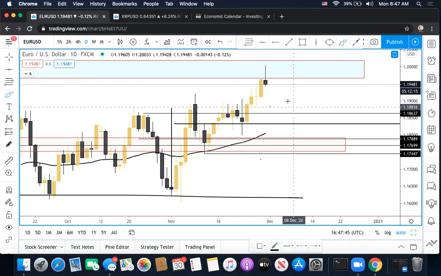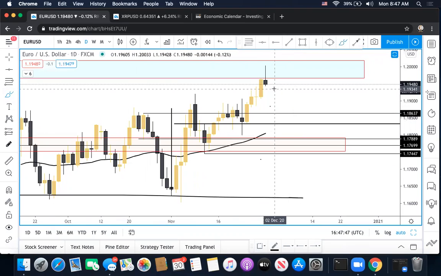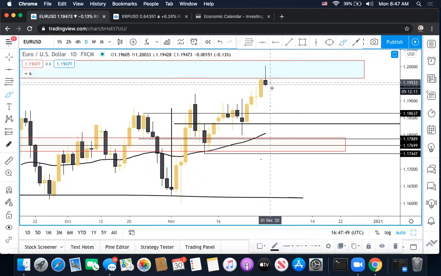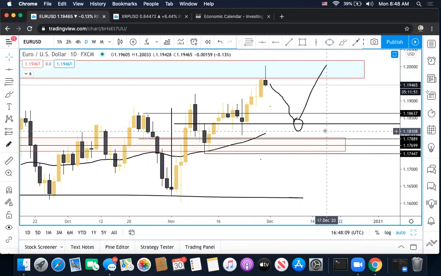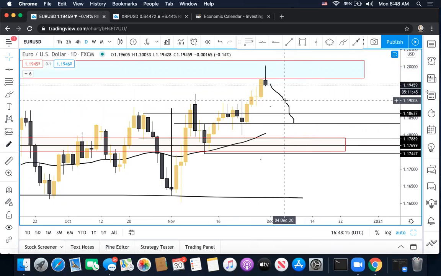But even from this price, which is at like 1.195, you could even catch price coming down to 1.185. So even if price pushes down here, it could still push back up to the upside. Or this is where we possibly get that break, retest, and push down to the downside. But even where price is at right now towards this region right here is 100 pips, and you would only be risking 50, 60 pips if you were to look for the sell.